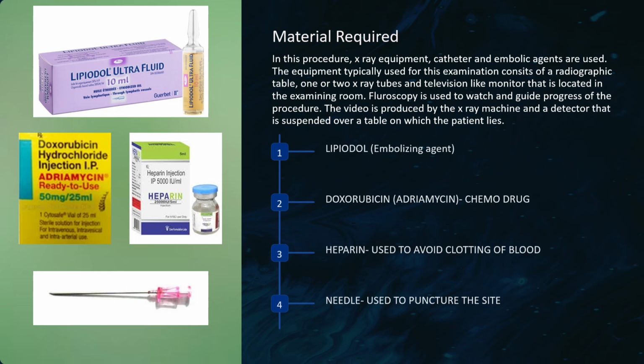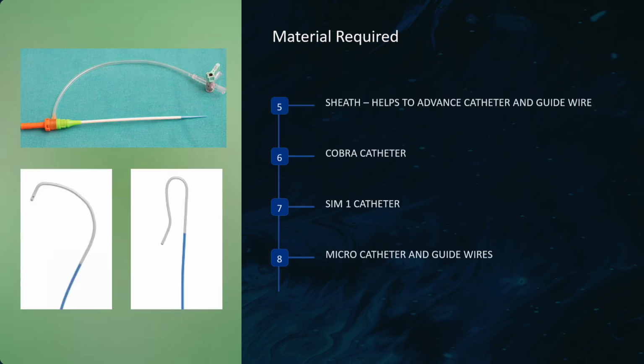So the embolytic agent is lipiodol. Then comes the chemotherapy drugs, that is doxorubicin or adriamycin. Then heparin is used to avoid the clotting of blood, and a needle is used to puncture the site. Then comes the sheath which helps to advance the catheter and guide wire, cobra catheter, SIM1 catheter and micro catheter